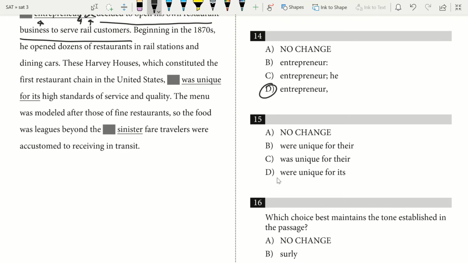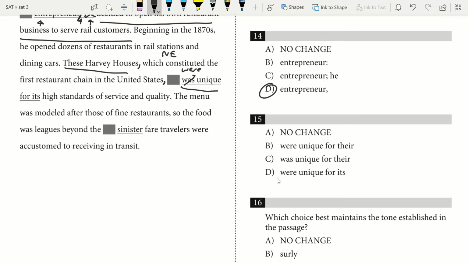All right. Beginning in the 1870s, he opened dozens of restaurants and rail stations and dining cars. These Harvey houses, which constituted the first restaurant chain in the United States, were unique. Right? It's not going to be "this Harvey houses was unique," so they were unique. And what we see is we have another non-essential phrase here. Right? We have a comma there and a comma there, which means that as we read this, when we're looking